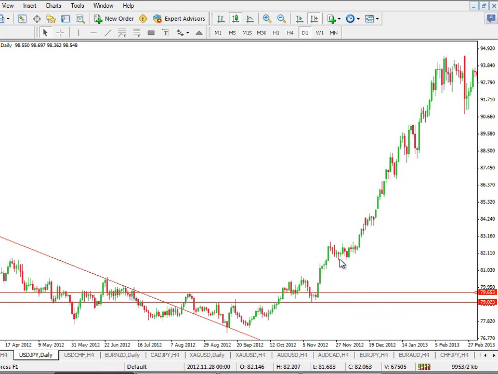Once you got to this retrace and you got a sign that the trend was going to continue, you had a few little signs in here. You had a pin bar here, you had a pin bar here, an inside bar, and then you had the buy up, and you also had a very slight rising triangle. So once you had the buy signal and that was confirmed, it would have been confirmed on a break above